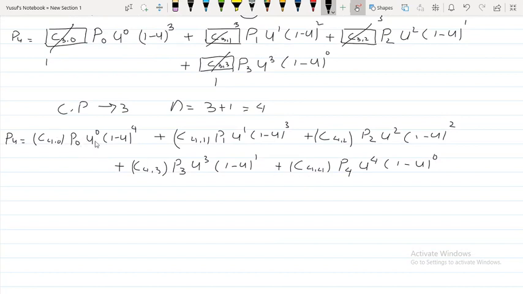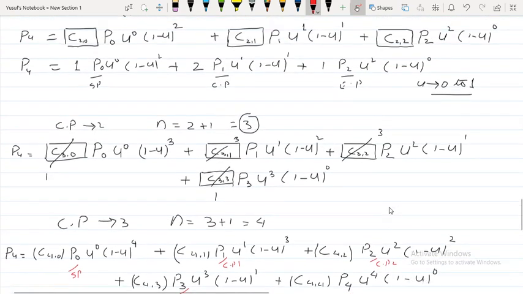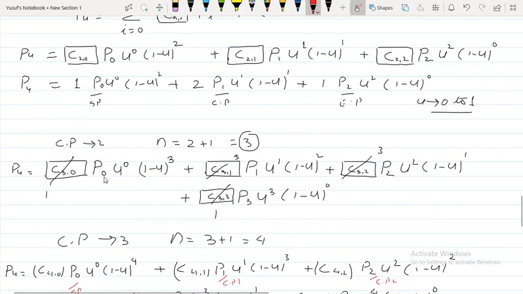P0 is the start point. P1 is control point number 1, P2 is control point number 2, control point number 3, and the last is an end point. For this case, for two control points, P0 is the start point. Always P0 will be the start point, and in between it is control point 1, control point 2. At the end, we have the end point.